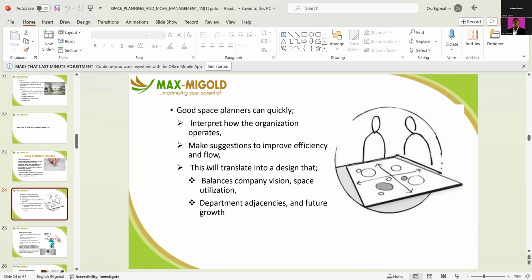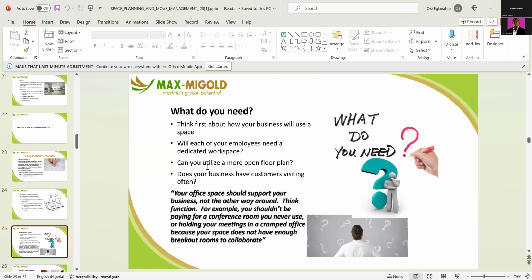At the end of the day, you see that people will be moving from the HR to all those spots. But if you put those departments in such a manner that they are close to each other, they will function well and easily function together, as their job descriptions are almost aligned to each other. What you need to do first when you are looking at planning an office,